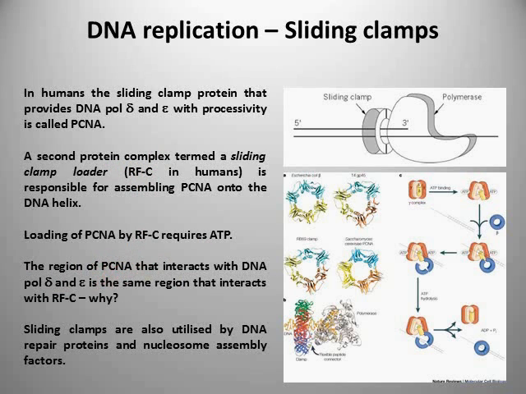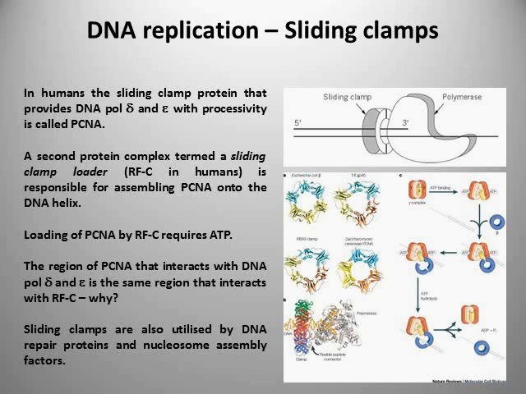Well, yes, there is, because obviously what you don't want to happen is for the sliding clamp to get loaded onto the DNA molecule in the absence of the DNA polymerase, and similarly, if PCNA is present on the double-stranded helix and interacting with DNA polymerase, in other words, if it's doing its job, if it's actually pushing DNA polymerase along, because DNA polymerase interacts with the part of PCNA which RFC also interacts